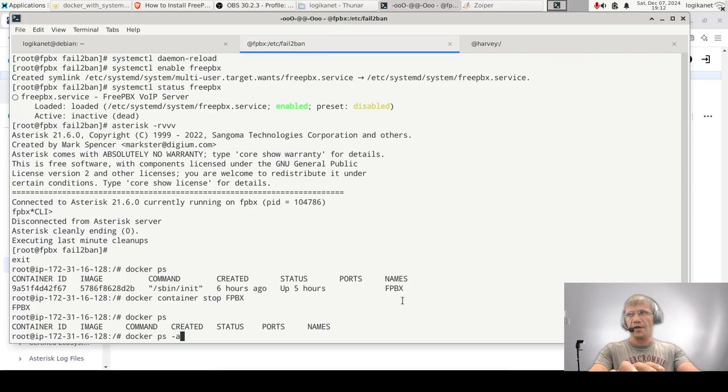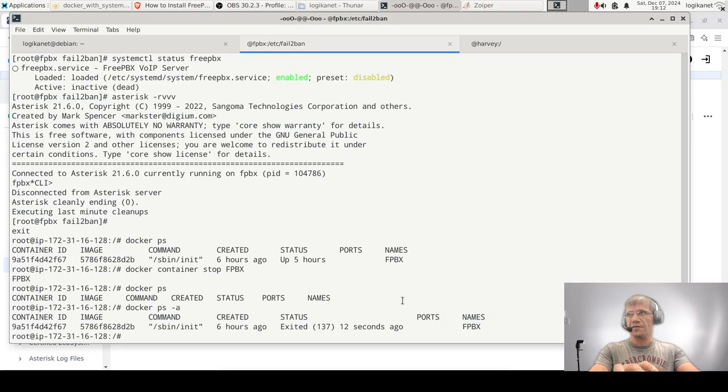But if you do -a, it's gonna show that we exited 12 seconds ago. So what we want to do is to start the container and make sure that everything is going to start up automatically. So start,